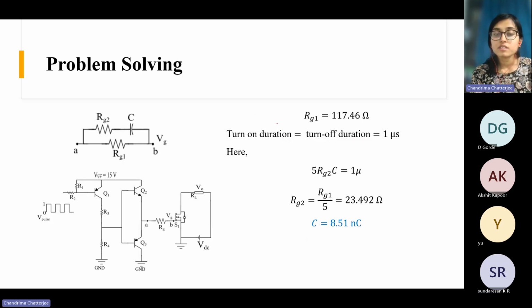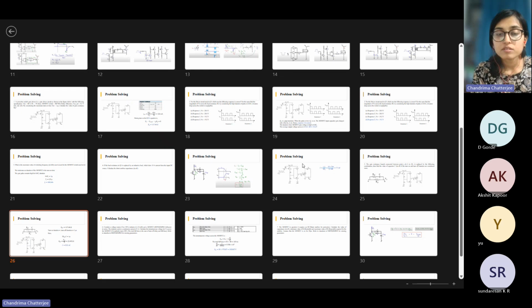So if you see, this gate resistance value we already found out. When there was only this resistance, we found out 117 ohm. And turn on and turn off durations are the same, so both of them we can take as 1 microsecond. Now,